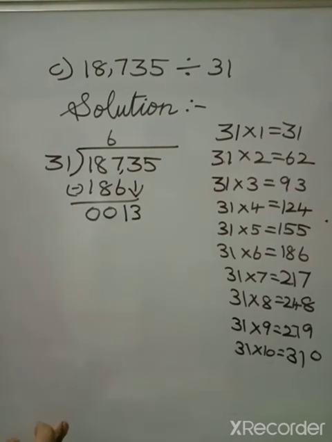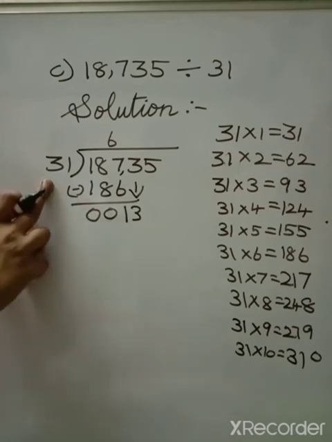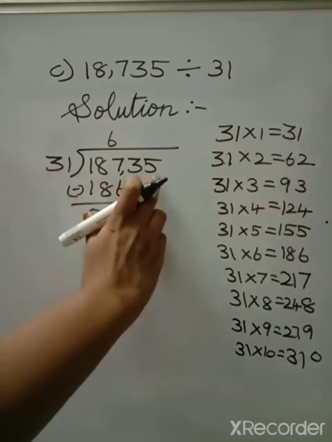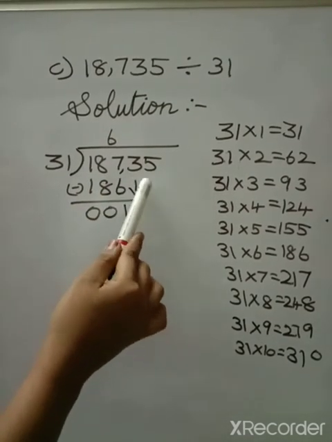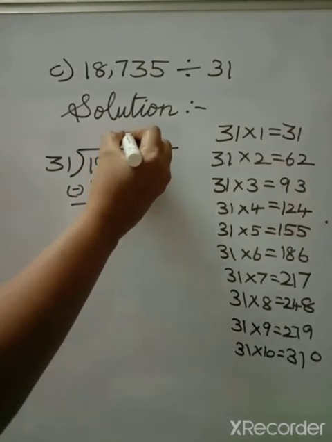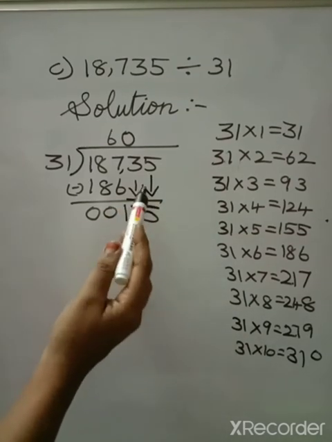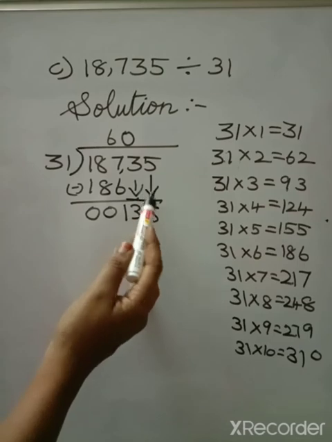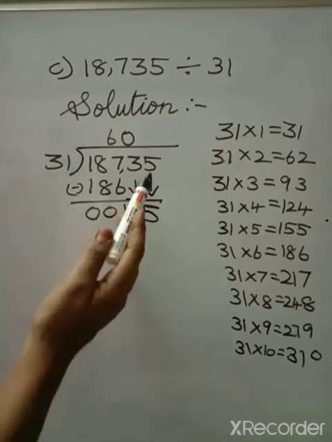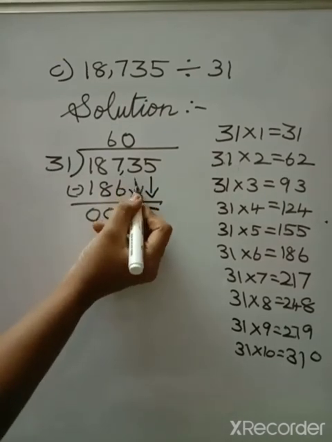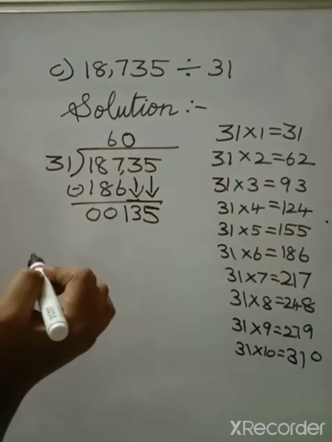What is the number here? It is 13. So 13 is the smaller number, isn't it? So it cannot be divided in this 31st table. So we want to bring the next number also down. So the same place we are bringing 2 numbers. What you have to do is put a 0 here and then bring the next number, because there should be a change. Since 13 is not divided by 31, we want to bring the next number also. So for that, put a 0 in the quotient's place and then bring the next number.